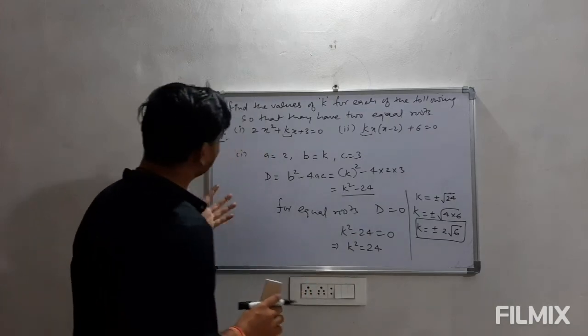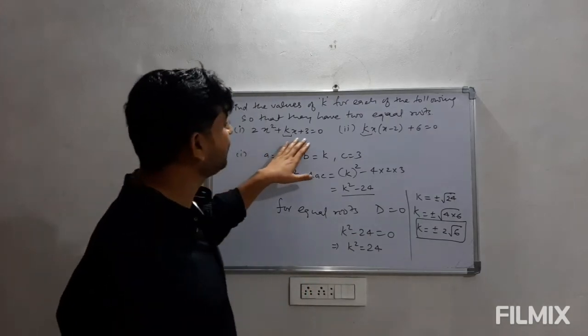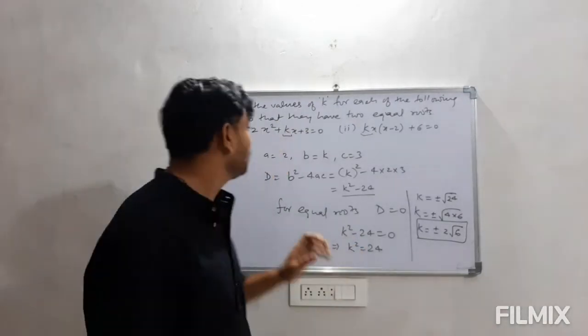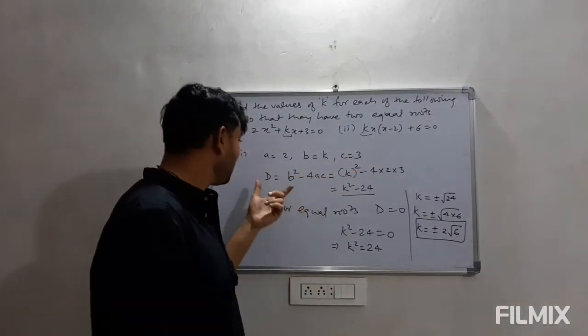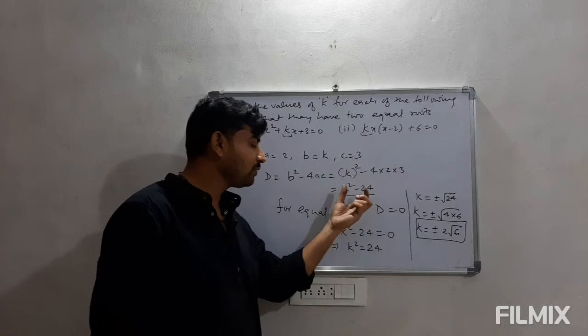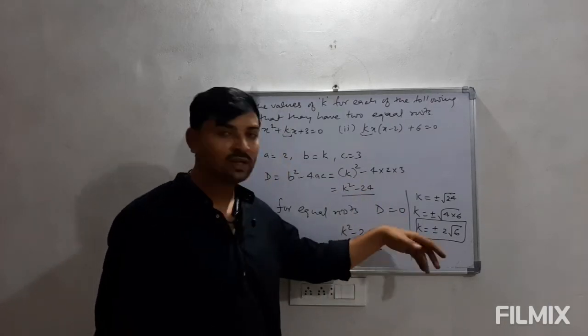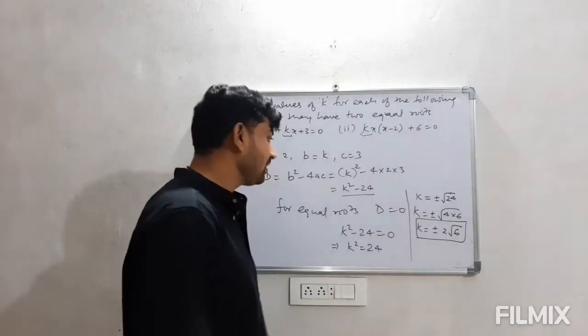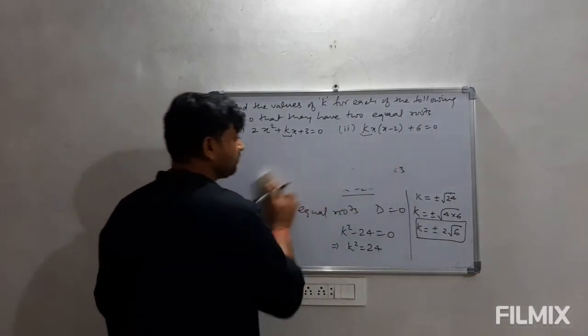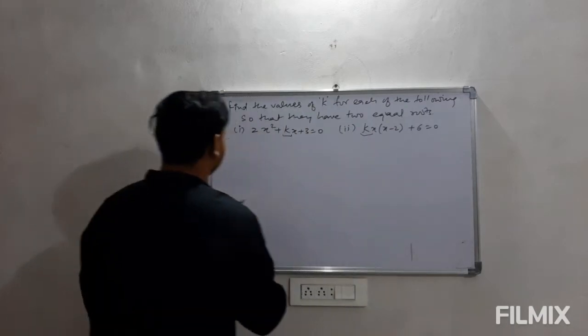तो प्रोसेस जो है बहुत ज़्यादा सिंपल है, जो भी इक्वेशन है वो स्टैंडर्ड फॉर्म में हो, उसके बाद हम a b और c की वैल्यूज निकाल लें, फिर डिस्क्रिमिनेंट कैलकुलेट कर लें और उस डिस्क्रिमिनेंट को 0 के इक्वल कर दें, जिससे हमको जो कंडीशन है k की वो मिल जाए। Now let us come to the second part.